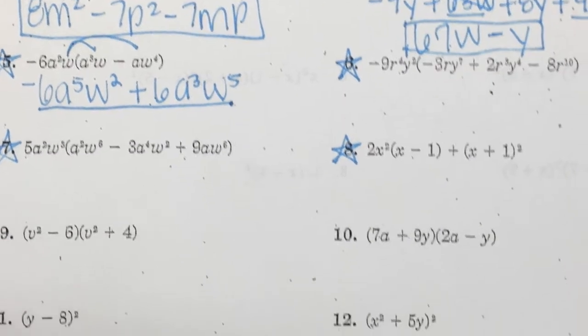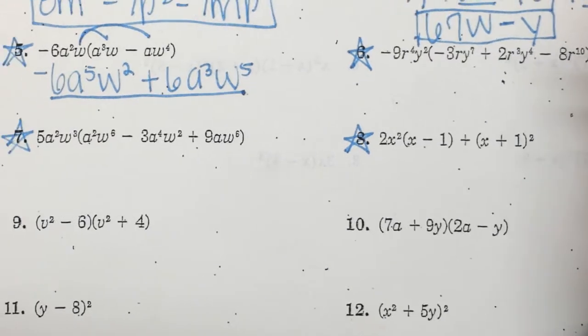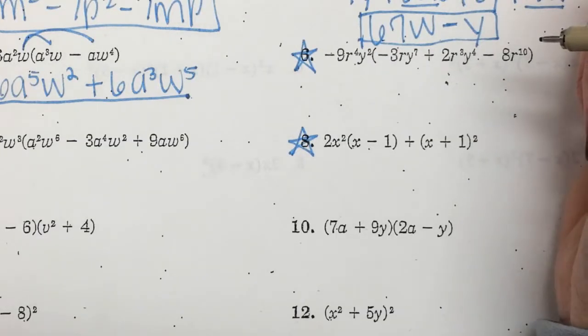It's 9 times 8. For 7, I got 5A minus 4A, and W to the minus 15, 8 to the 6, W to the 5th, plus 45, A to the 3rd, Y to the